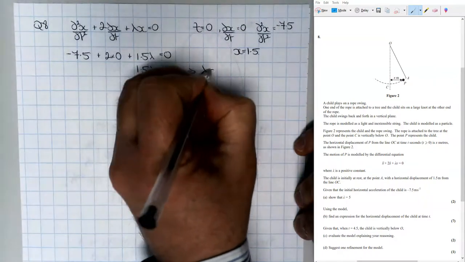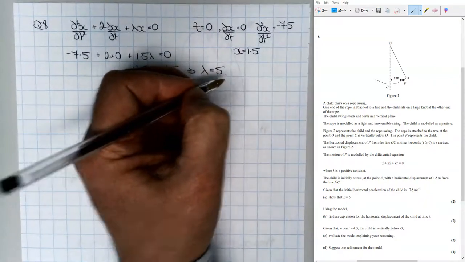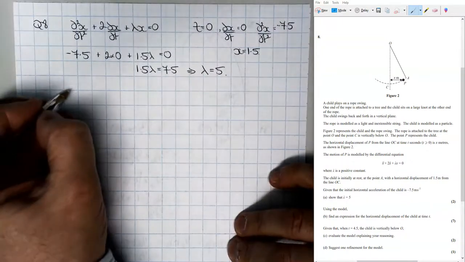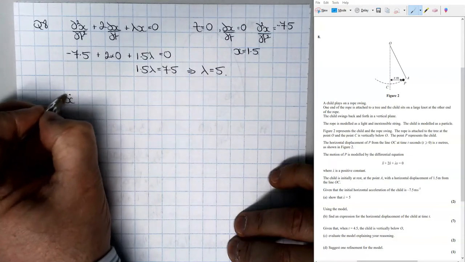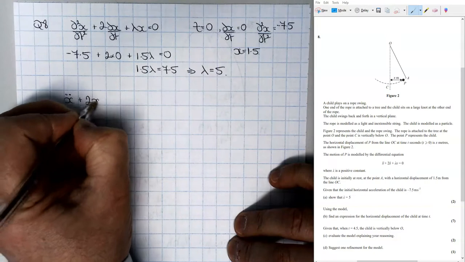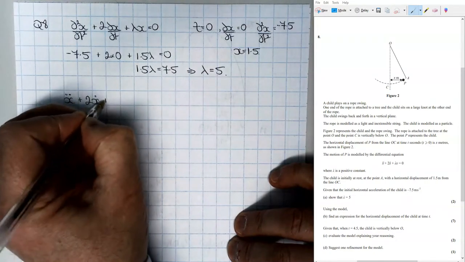So lambda equals 5. Okay, so now we've got the differential equation: x differentiated twice plus 2x differentiated once plus